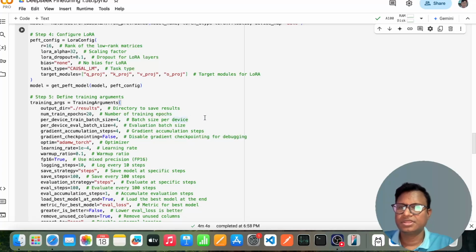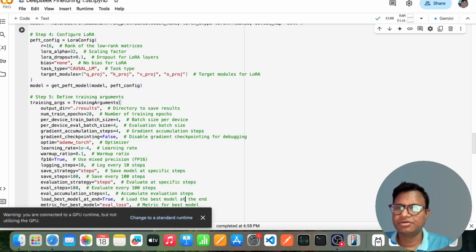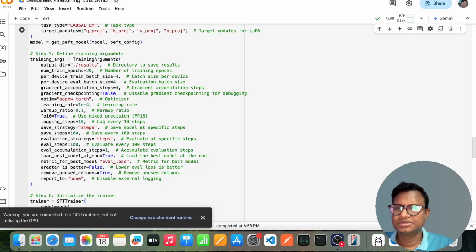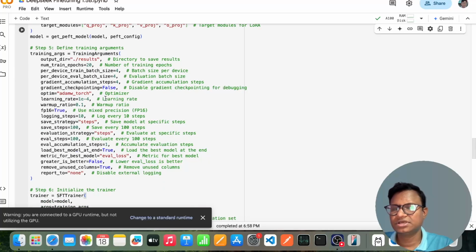Then the batch size and evaluation batch size, and gradient accumulation steps, you can increase if you want to reduce the training time. That's how you can do it, and then you can mention the Adam optimizer and the learning rate,